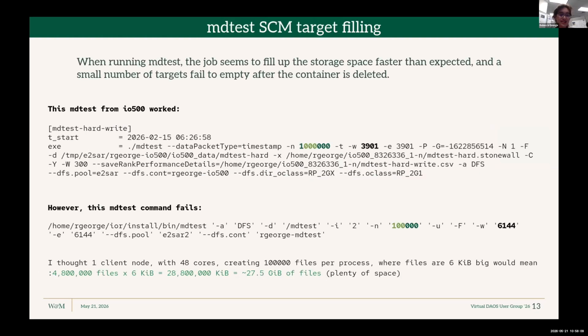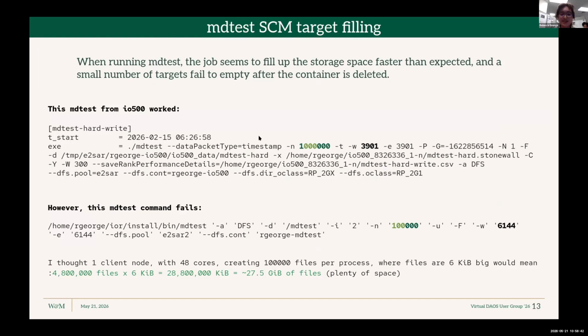And then for some interesting errors we had, there was this one I will look more into after the maintenance, but when we were running the MD test, the job seemed to be maybe some sort of unbalanced and filling up the storage space faster than we expected, where a small number of targets failed to empty after the container is deleted. So in the winter or February, we were running IO500 tests, and we saw that this, for example,